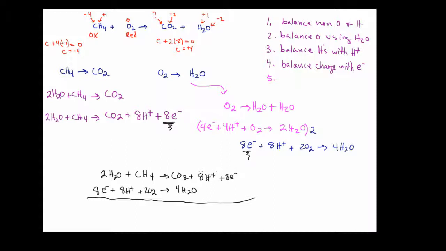All right, and change our color. All right, now you'll notice that when we're going to add these up, the 8 electrons cancel out. The 8 H pluses cancel with the 8 H pluses. The 2 H2O on this side cancel with 2 of the H2Os that are here. And our final equation is going to be CH4 plus 2O2 to make CO2 plus 2H2O,